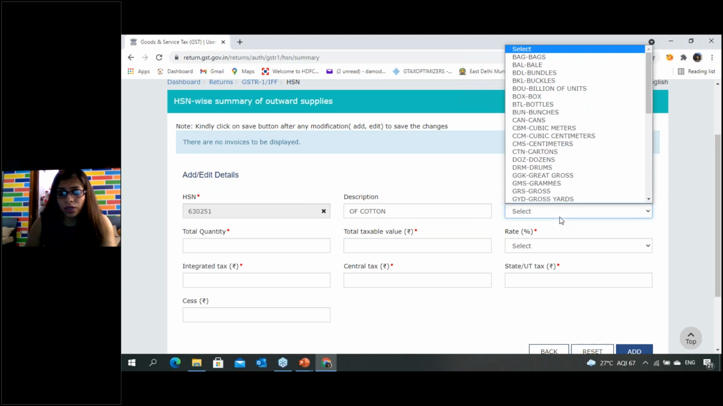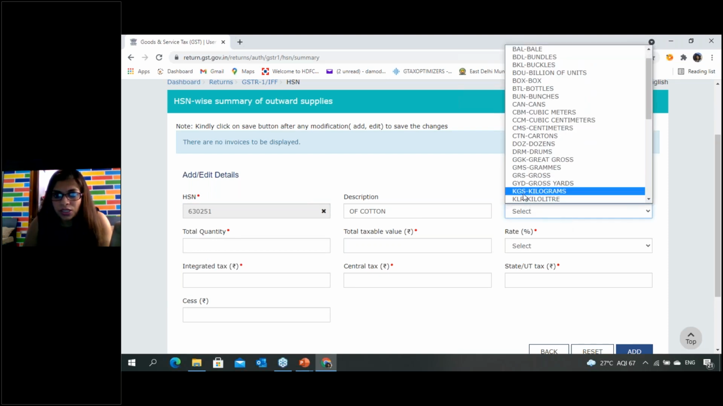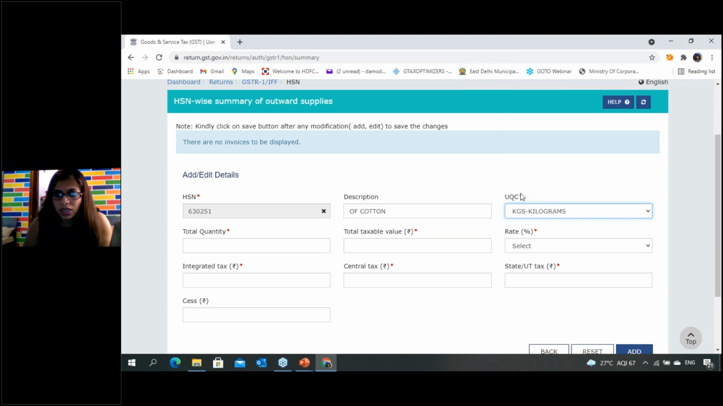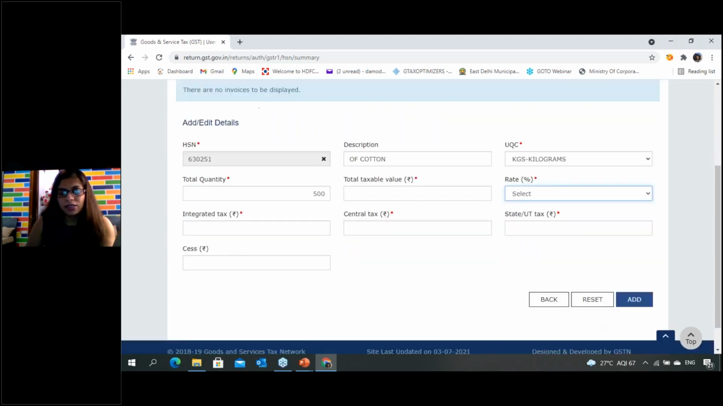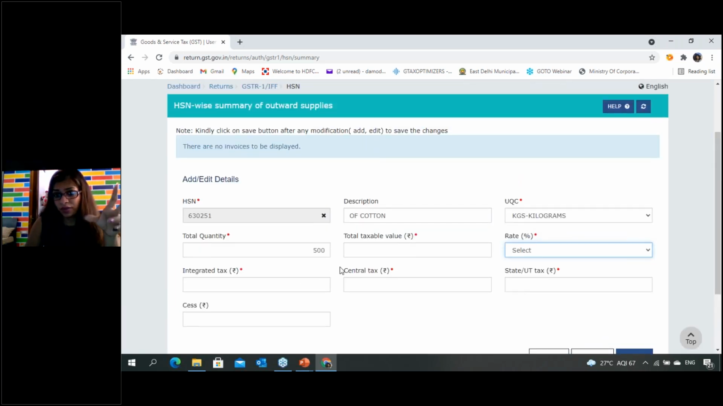If I am selling cotton, the cotton might be in kgs. So I'm mentioning kgs. Total quantity, what was the total quantity being sold in that period? Let's suppose 500 kgs I'm selling. Your taxable value you need to mention, then you need to mention the rate, integrated taxes and state taxes. You need to mention everything. Now remember, this detail is HSN wise, rate wise. It's not state wise, it's not bothered about state. It is HSN wise and rate wise. So if for a particular rate you have made intrastate and interstate both the sales, then you have to make